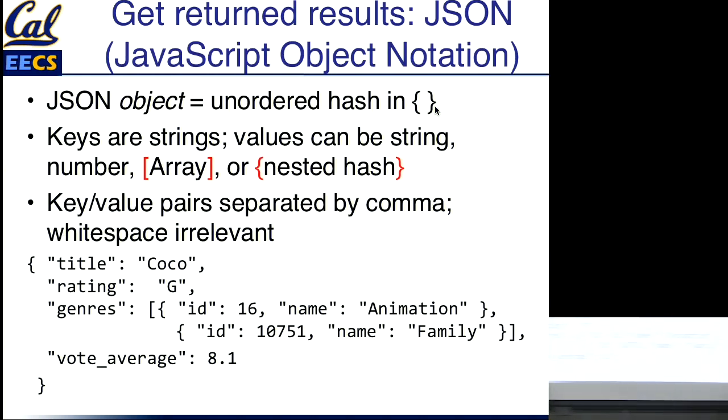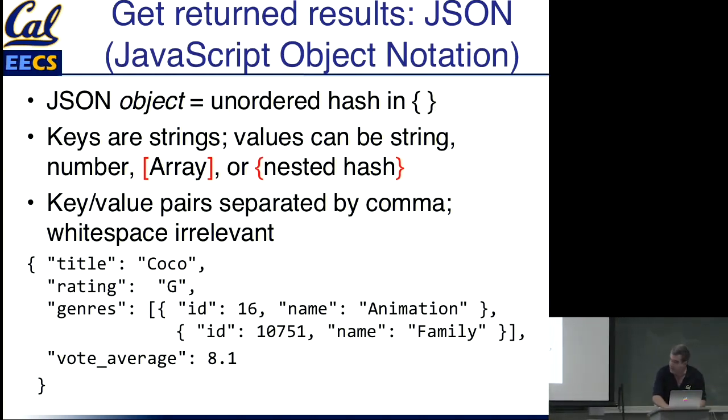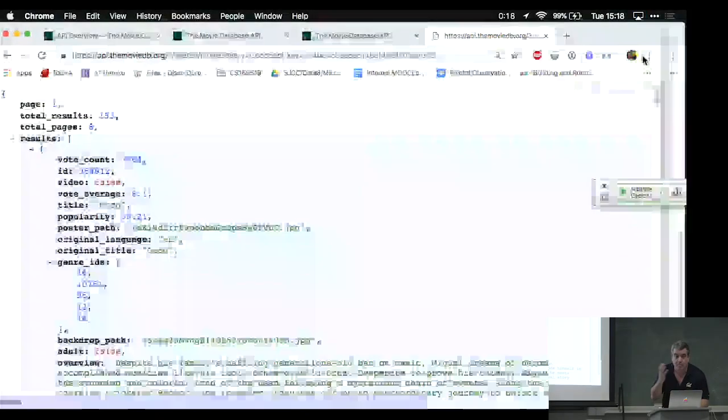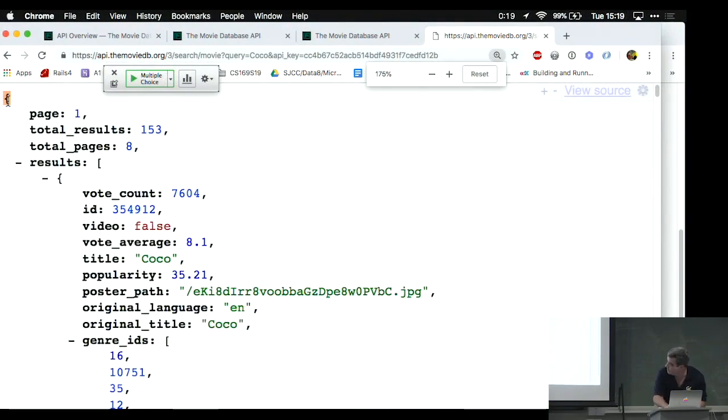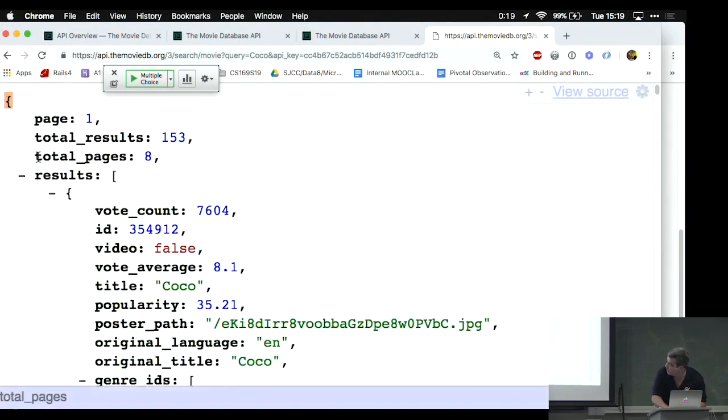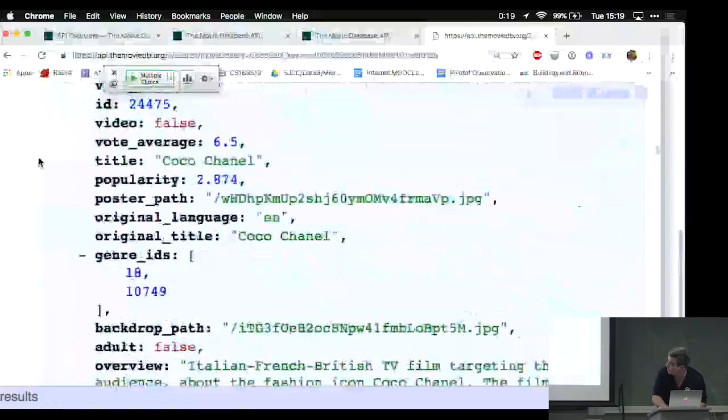If we now go back to my web browser, we can look at the one that was actually produced in response to my real-life query. It's basically the same deal. It's just a more complicated object with more fields. So it's a single object, right? There's my opening brace. Should I make this bigger? Is that a little easier to read? There's my opening brace, and if I scroll hella down,